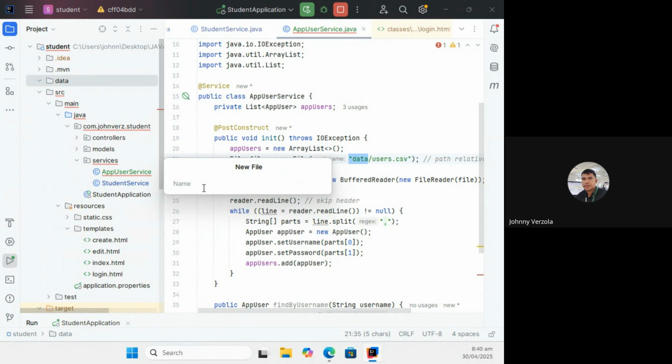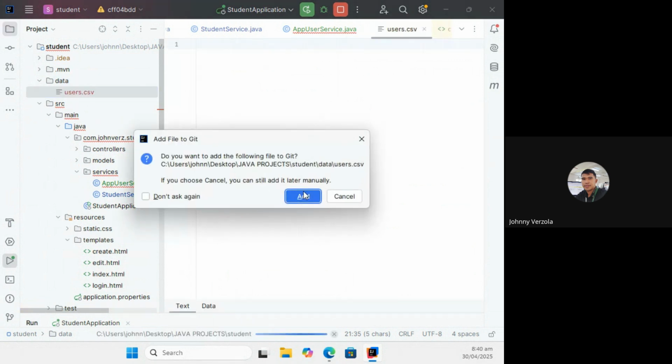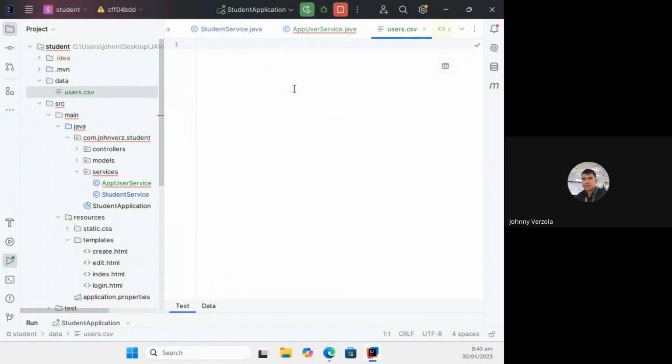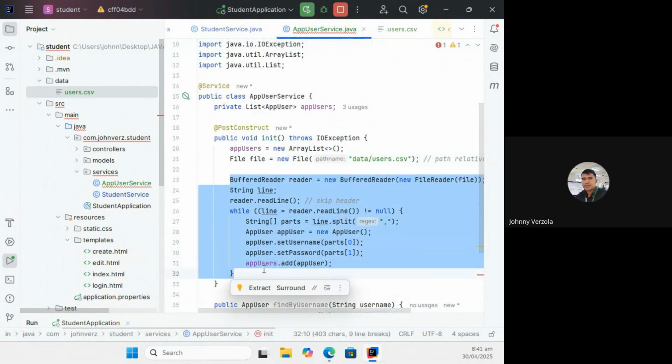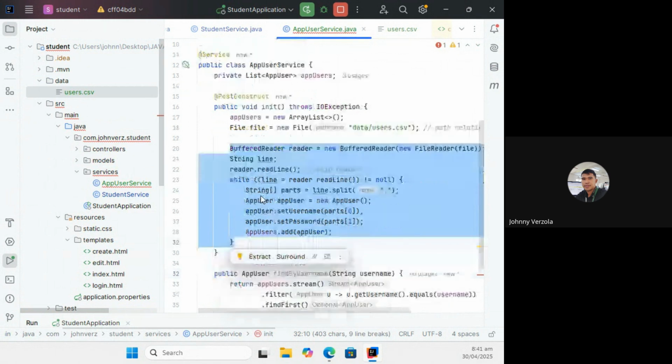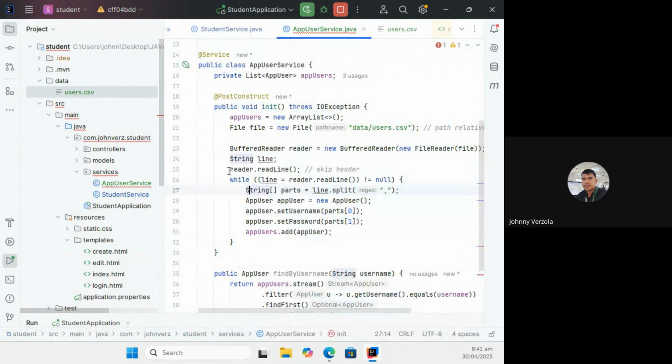So, in data, I'm going to create users.csv here. I'm just going to leave it blank, and I'm going to create a dummy user later on. And then the same process is using buffered reader, the same way we are using with student service. We're going to read the file, and there's an extra process here to skip the header.